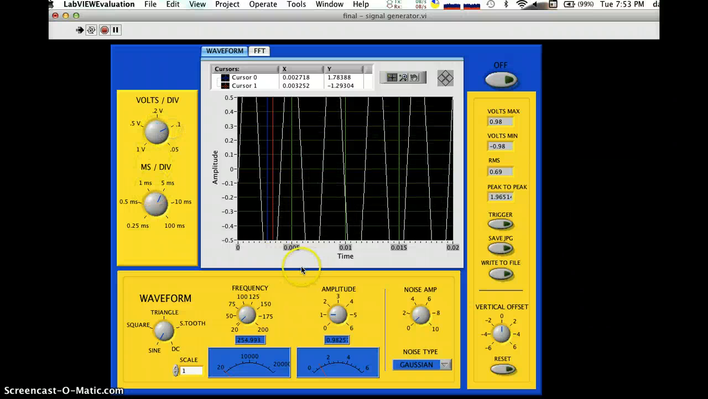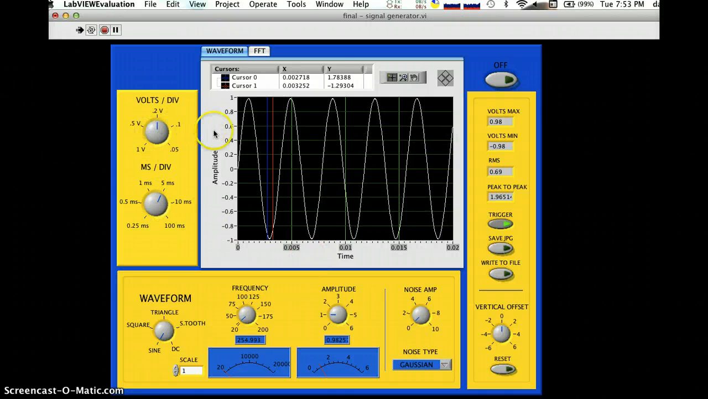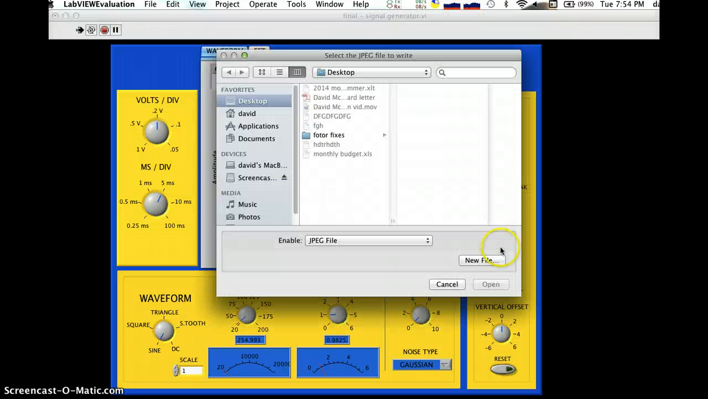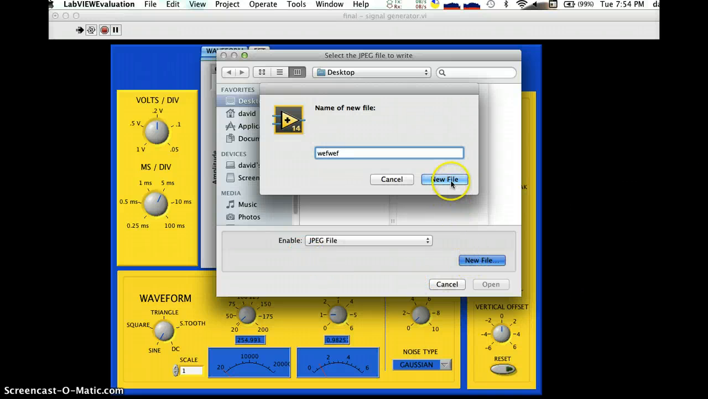So our trigger button will pause it and allow us to take measurements with our cursors. We can save a JPEG this way onto the desktop, call it something good,